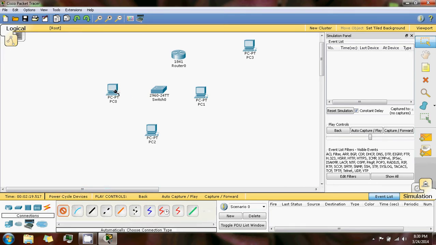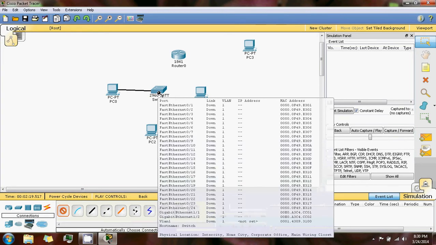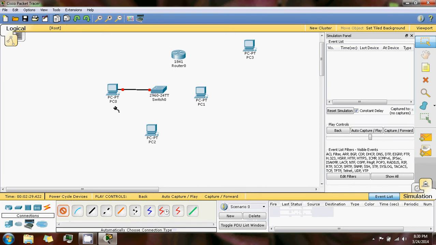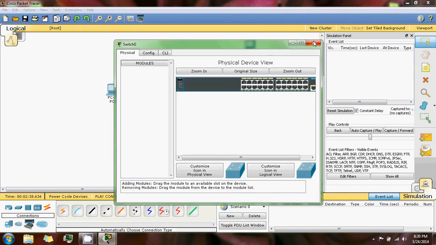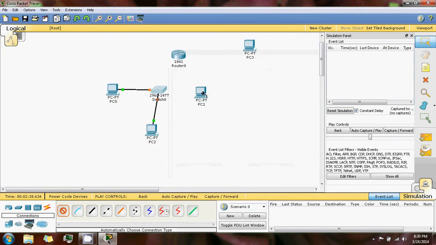So let's connect these things. You have to click here. Remember one thing, a red dot shows you that this connection is not active,